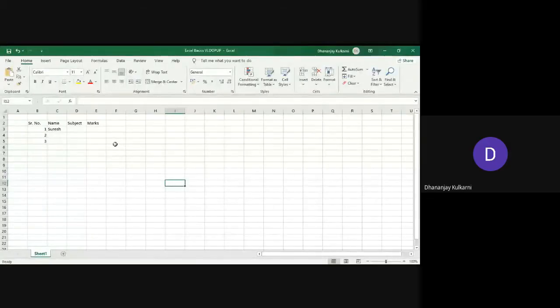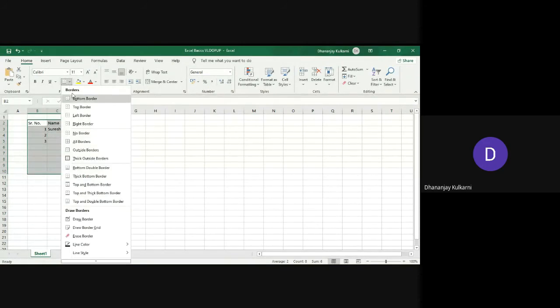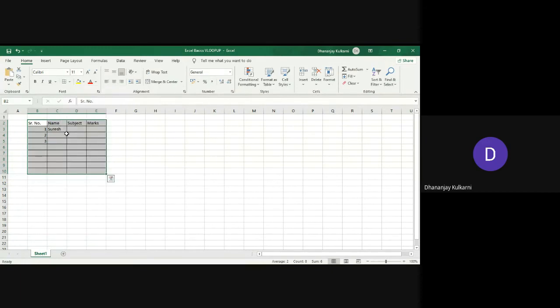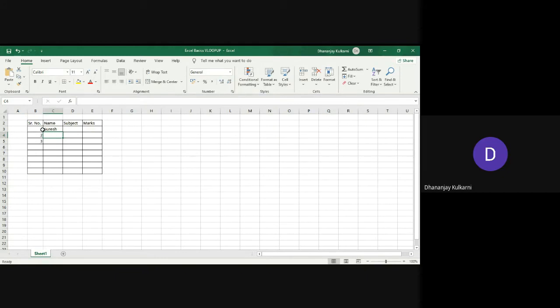I'll just show you one Excel file. We will create one example in this. This is just a new Excel file that I have opened, and let's create some data so that we can understand it in a better way. Let's say we are looking at the marks of different school children. These are the different students that we have in a class, right?